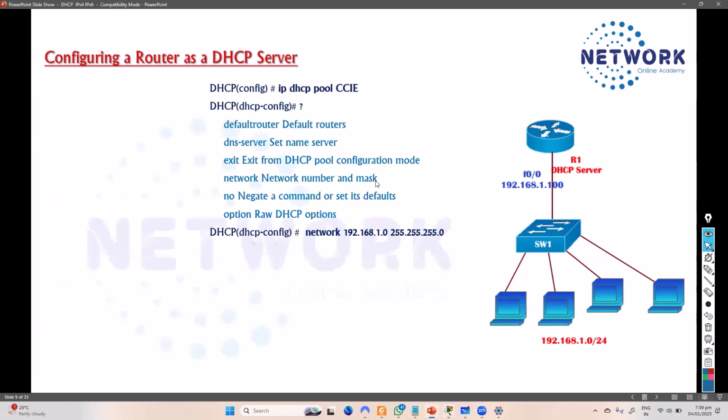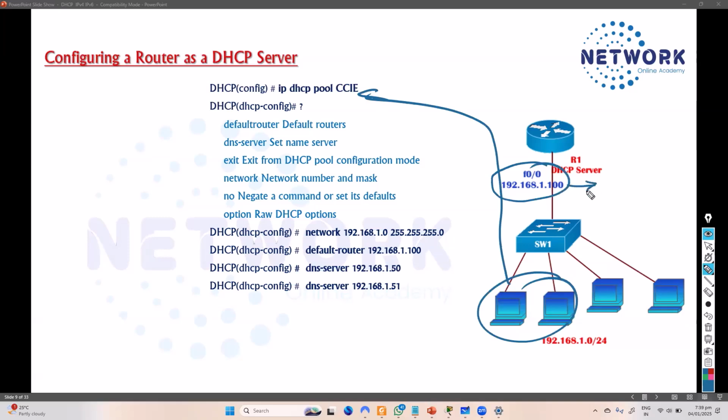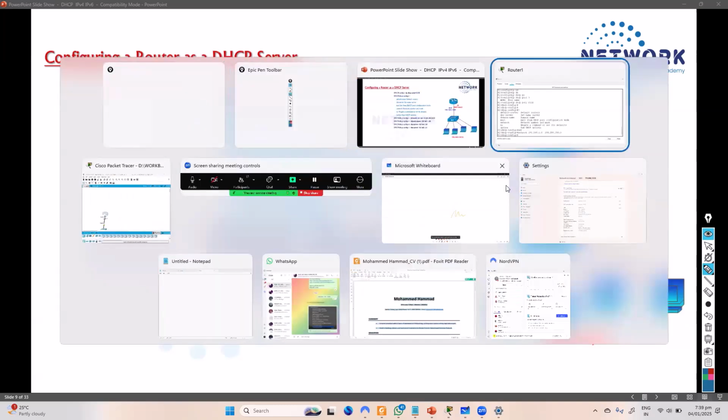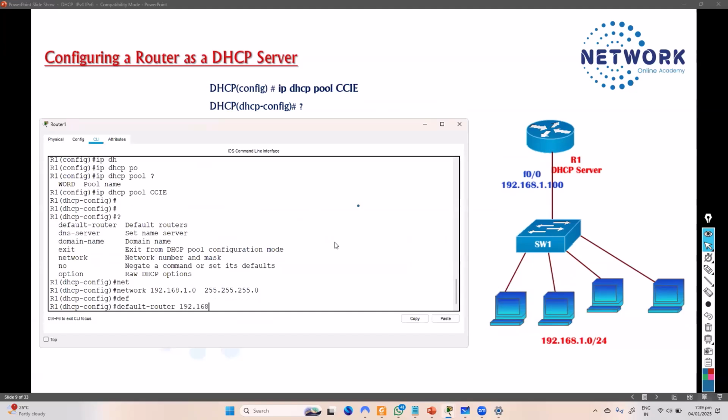Additional parameters, we also give the default router and the DNS. The default router is important as per the routing, because if a user wants to send a packet outside the network, it will go to the gateway, right? So this is my default gateway. Every device should know the gateway address, so we'll tell it my gateway address as well. Let's tell the gateway address as per my lab. It is